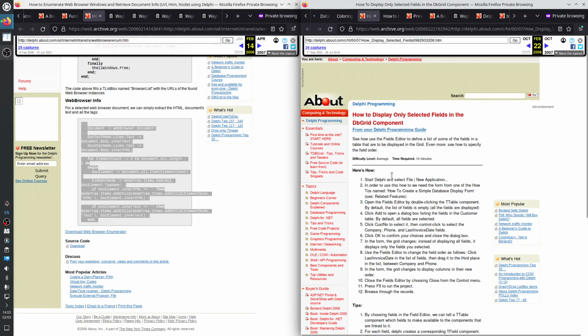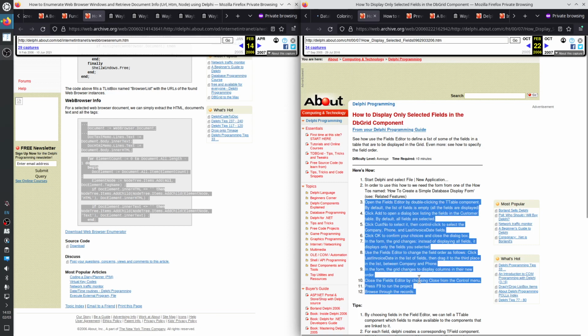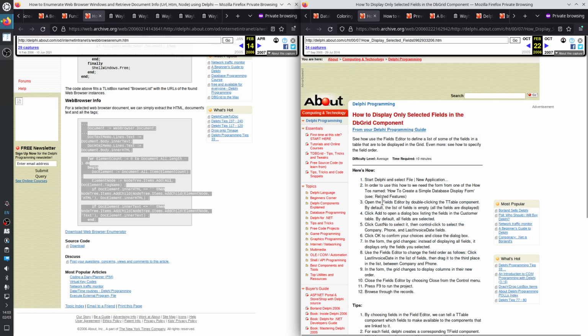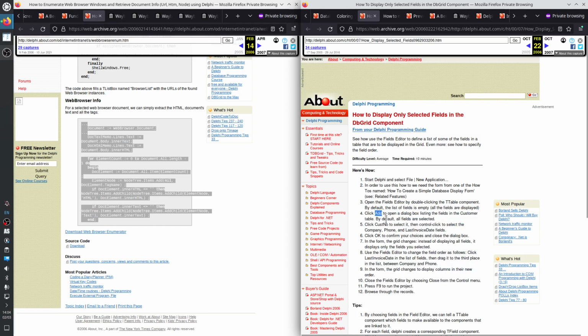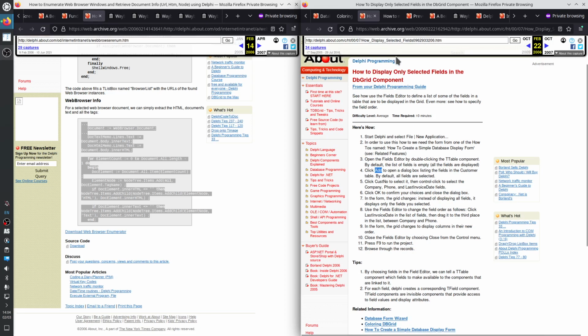So it already has all of those components, so a T table, a T data source, a T DB grid, etc. And it starts from there, and then it enhances that previous version of the application with new things. So double click on the T table, open the fields editor. The list of fields is empty, all fields are displayed. Click on the open button, etc.